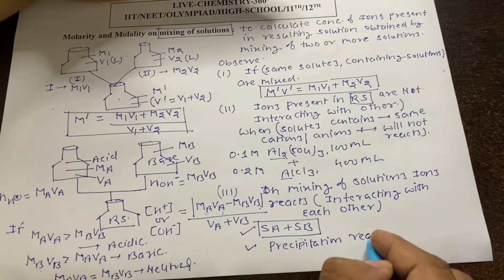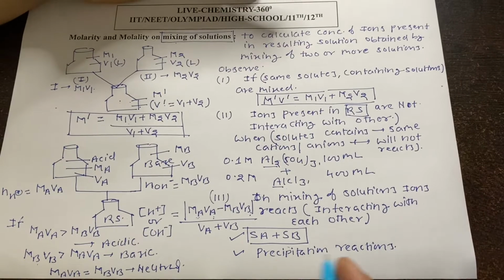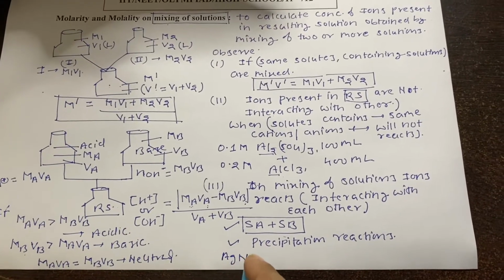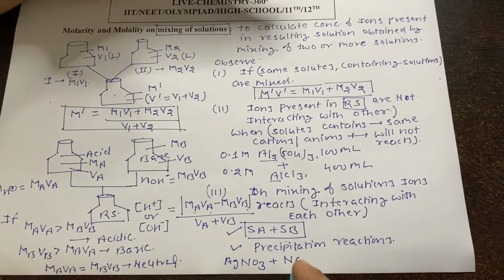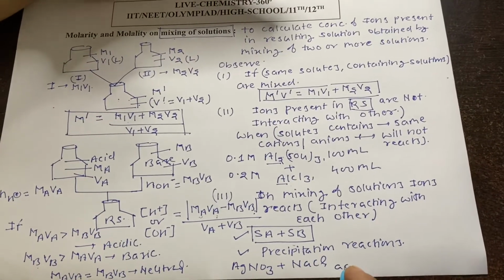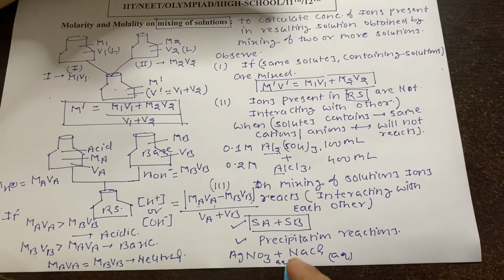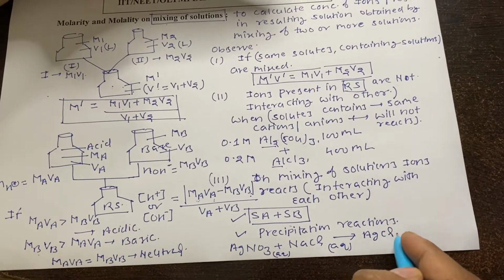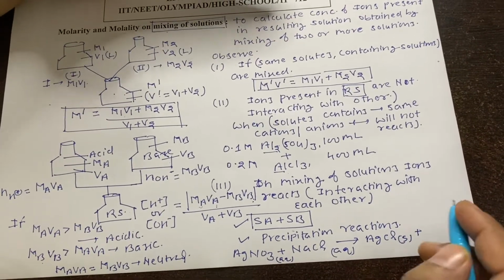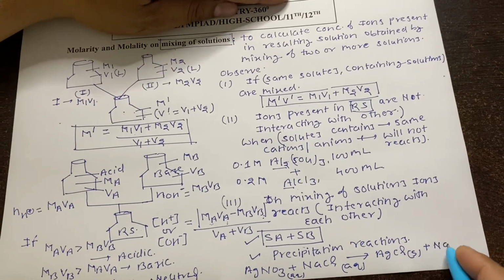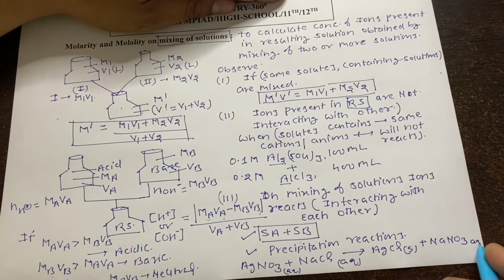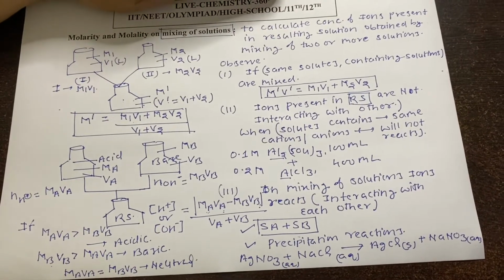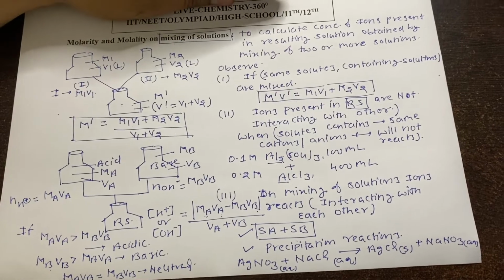Precipitation reactions. Obviously, for example, if we are mixing aqueous AgNO3 and aqueous NaCl, when these are mixed, then definitely a precipitate of AgCl will be formed, and along with it aqueous NaNO3 will form. So the ions present in the resulting solution